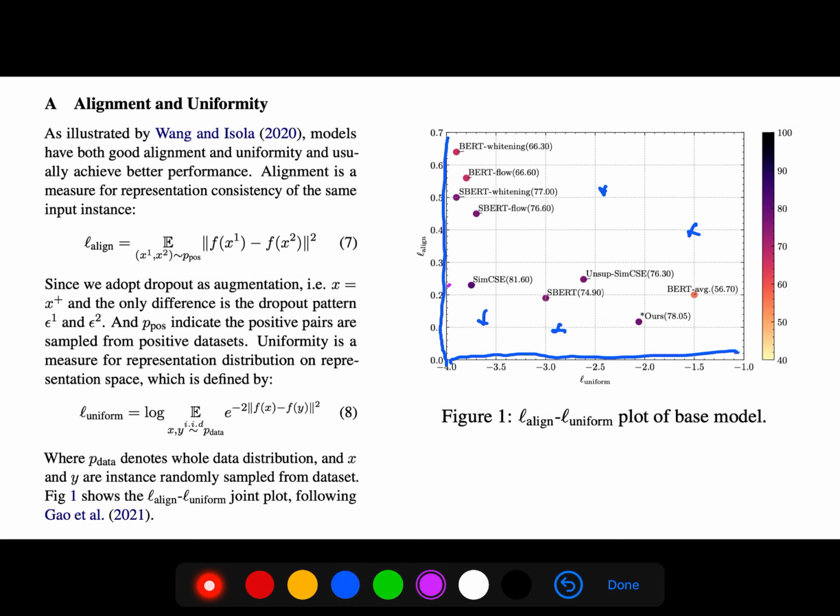Of course, this one is our final goal in research in NLP, but it's hard to go to this region, because if you get a good uniformity loss, then you have a very bad alignment loss, and vice versa. And the alignment and uniformity loss, which I've explained several times,